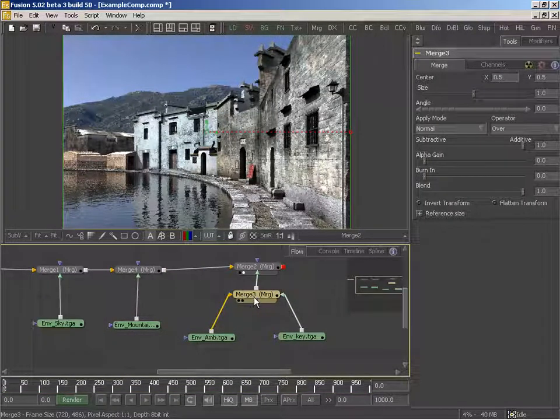But what if we needed to change the colors of something in here? If we had to change the color of the wall here because maybe the art director didn't like